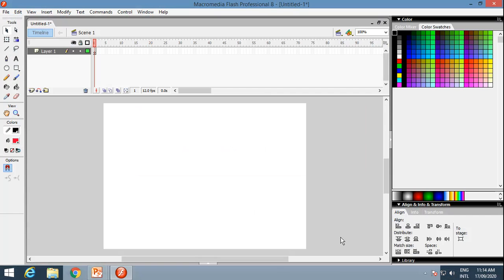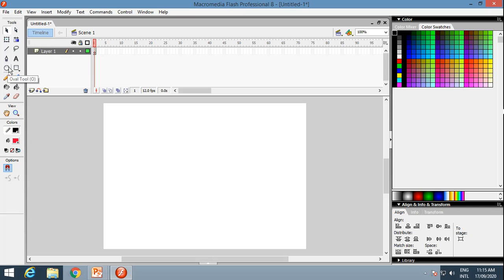Now see, this is the front window of Flash. Here this is the toolbox. This is the timeline window where the layer part is present. This is the main working area where you are going to draw or perform the animations. This is the color mixer or color swatches, and these are some properties panel. Now we will see the layers part. See, by default only one layer is inserted, that is layer 1. If you want to draw any object on this layer, then you have to use this toolbox.